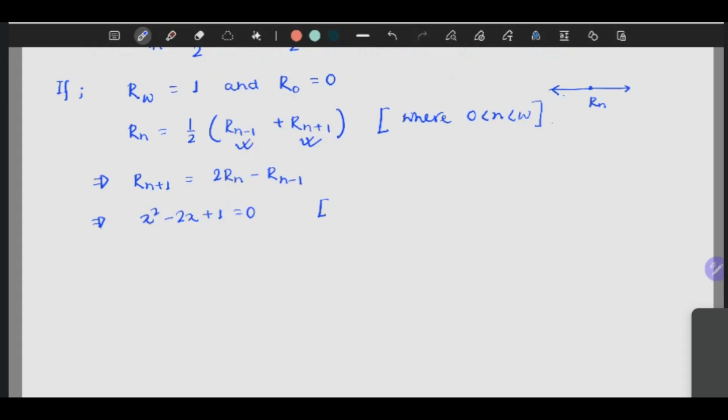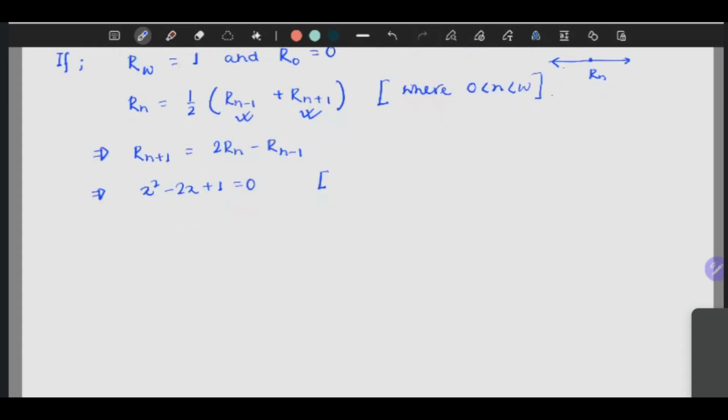So now this equation has a double root, right? Solving this equation, you get a double root of x is equal to 1,